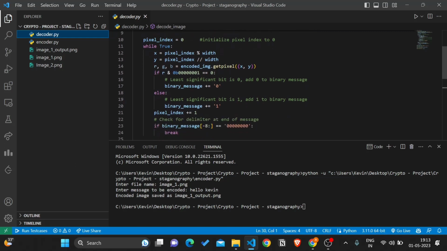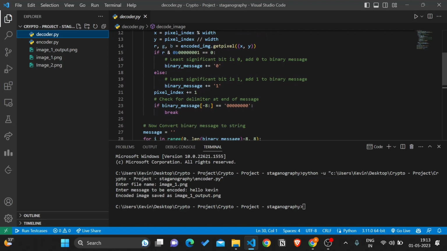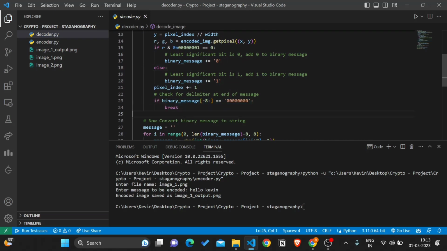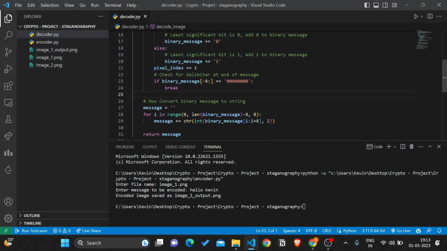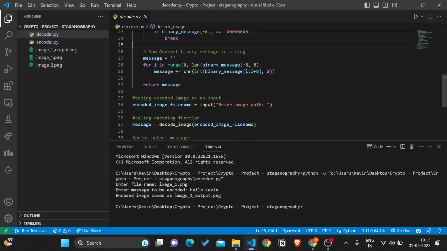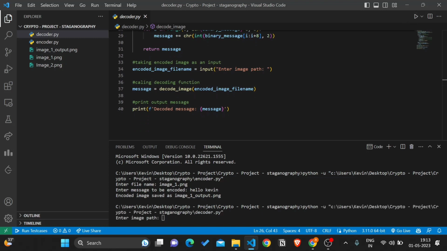Then we iterate over each pixel of our image, increasing one by one, and we store the least significant bit into this binary message, as you can see here. We also check for the delimiter that we added in the message. If we identify that there is a delimiter, we are sure that we need to break from this loop, so we can give the secret message to the user. Now we convert our message to a string and return it to the user. So if I run this,